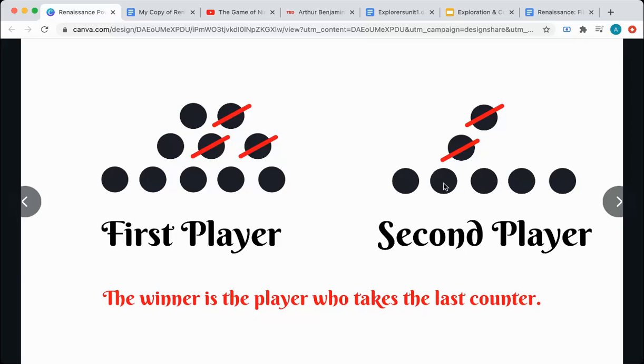This is where the strategy comes in. You have to think about what the person that you are playing against is able to do. Okay? So,